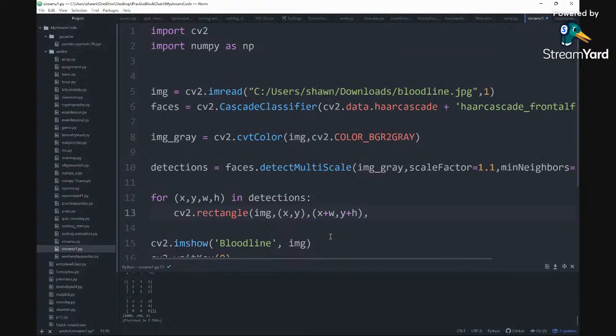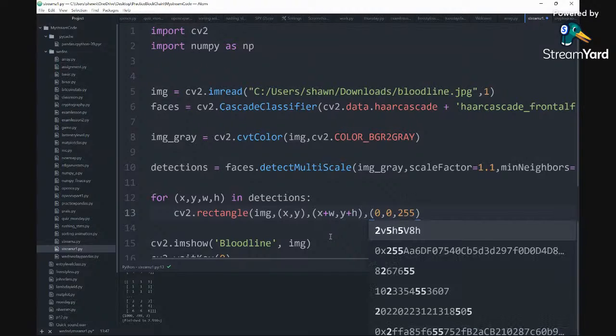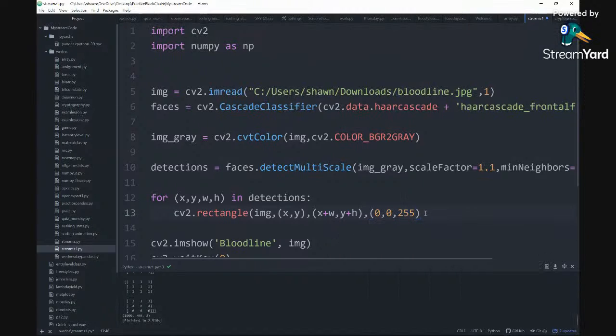and then we're gonna put a comma, and then we gotta put the pixels. So I wanna make it red. I mean, should I make it red? All right, so we'll do 0, 0, and then we'll do 255, because I want the color red, and then we're gonna do 2